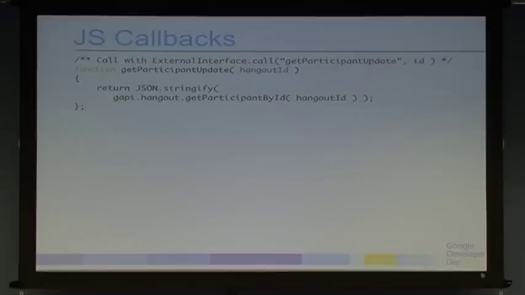And vice versa, if you want to call from the Flash, you do that through ExternalInterface.call, and that gets participant update. And what that's doing is calling this JavaScript method that wraps the Hangouts API. And then the object gets passed like a regular JSON object, so you've got to stringify it. But otherwise, it's as if you were building it in JavaScript. So that's actually really easy to do. If you want to reuse the code, we're going to throw that in our repo. Otherwise, do HTML5.